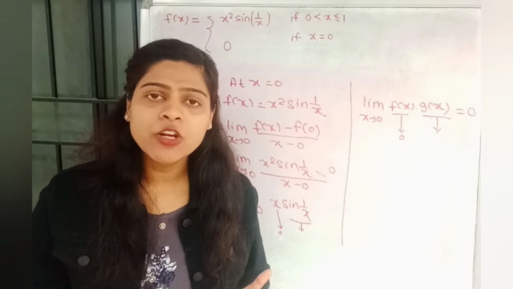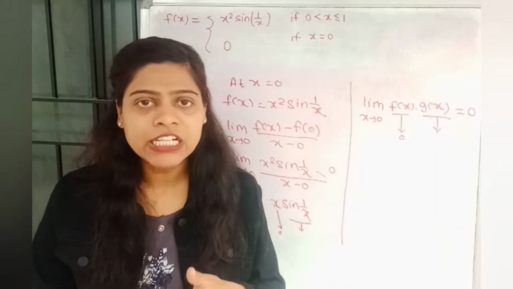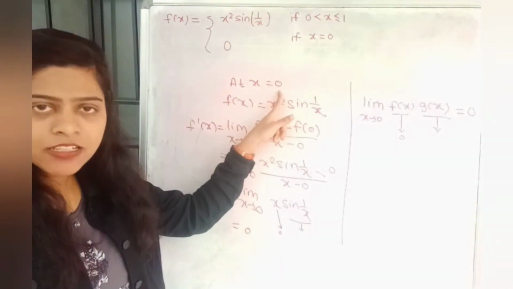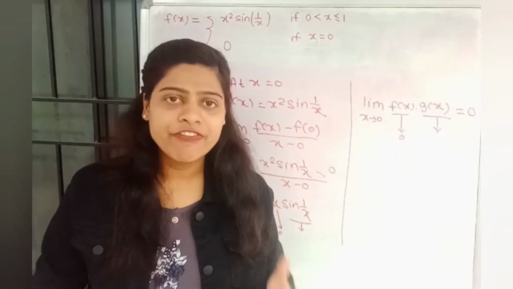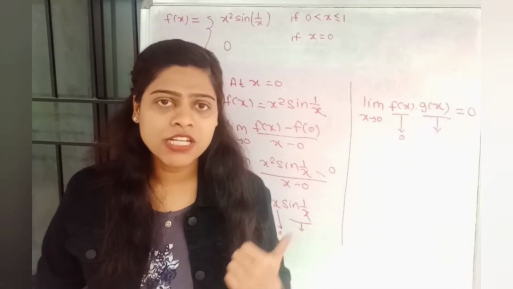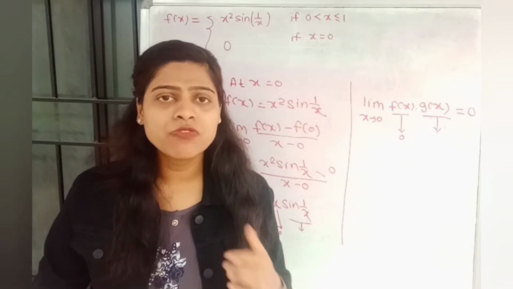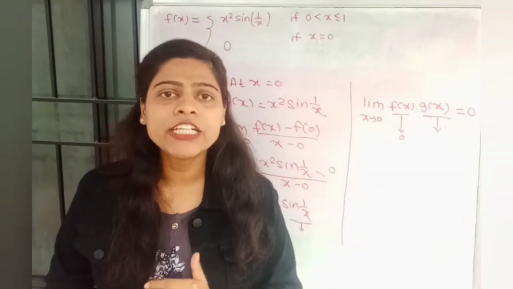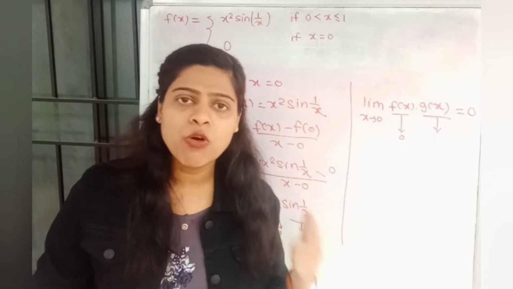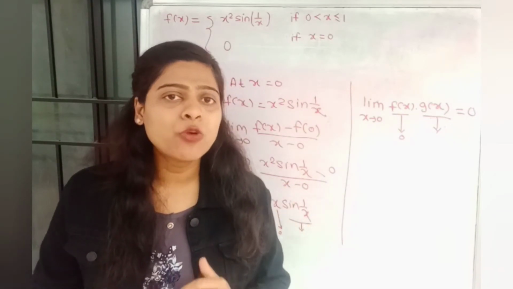As we already know, every differentiable function is a continuous function. Therefore here f of x is differentiable at x is equal to 0. That implies f of x is also continuous at x is equal to 0. Now check option number 1. In that option we have f of x is not continuous at x is equal to 0, which is obviously a wrong answer. Therefore option number 1 and option number 2 both are not true.